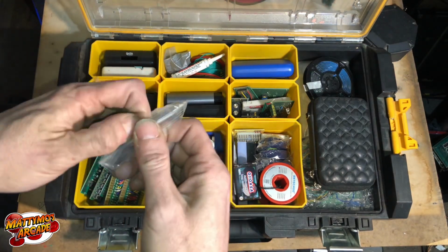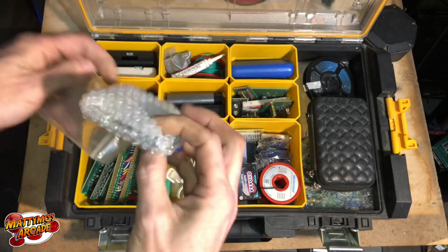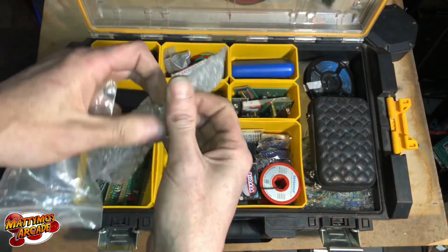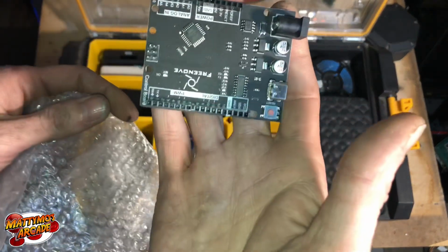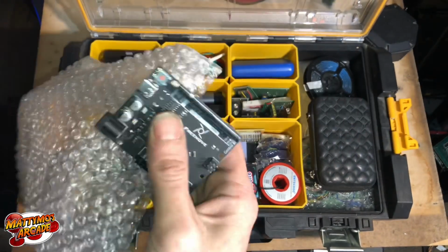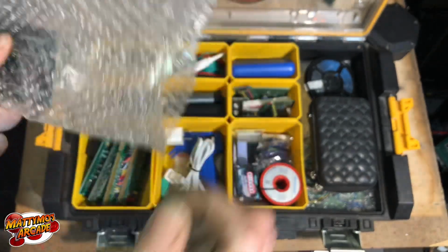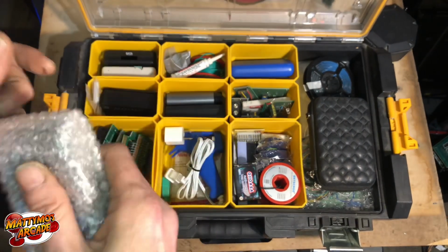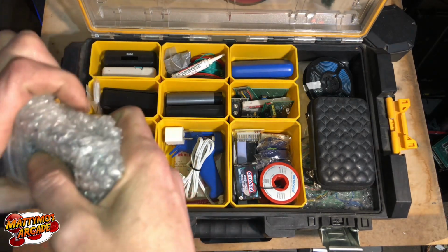This is like the main control board for an Arduino. It's not a brand name Arduino, but a clone or whatever you want to call it. Freenove, I forget what it's actually called for the full size one. There's also a Nano and a couple others. So far I haven't used any of these, but I am bringing my little kit that I have. Plus I've been buying stuff for these,